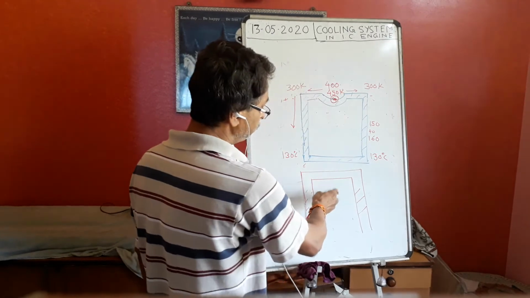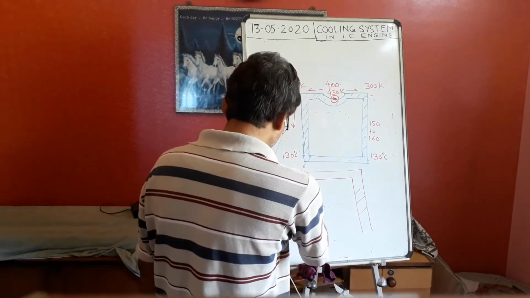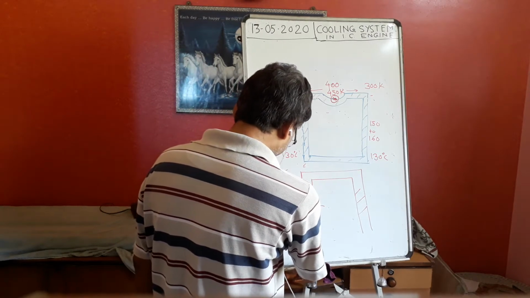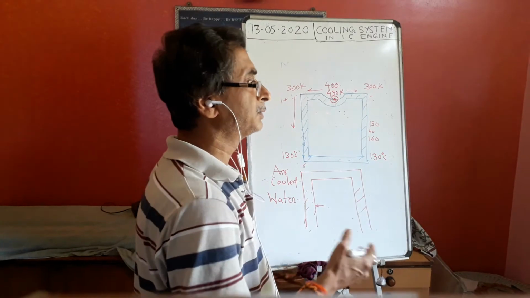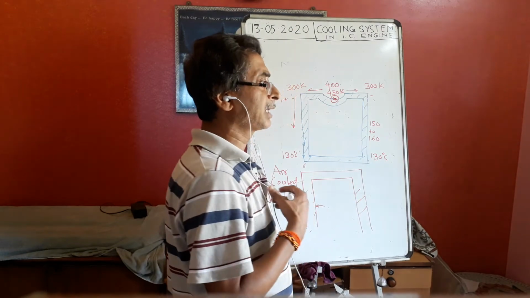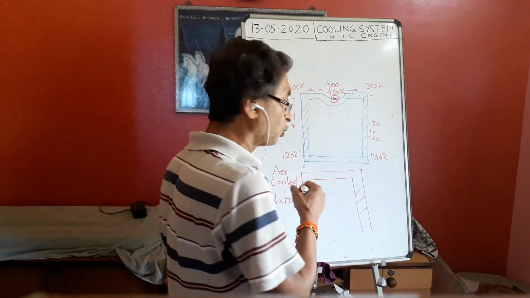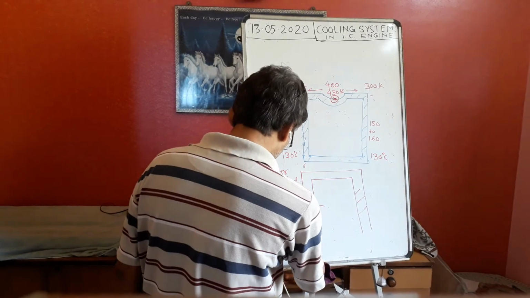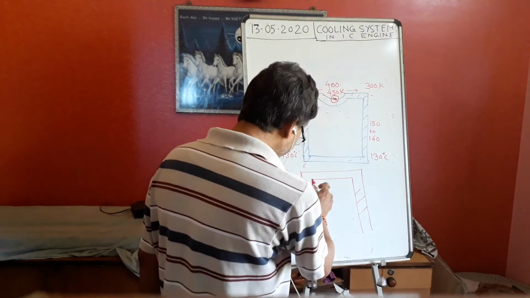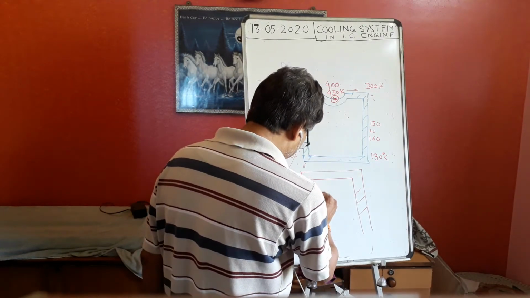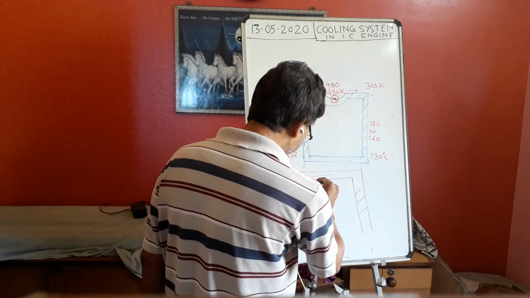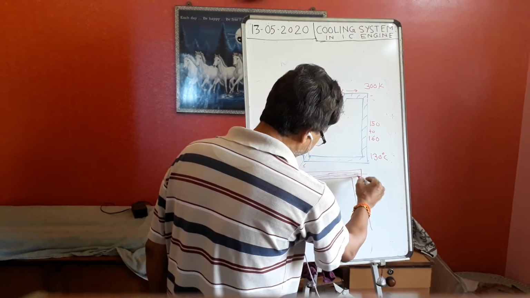The engine can be air cooled, or the engine can be water cooled. We know this in scooters or bikes, which are air cooled, and in our cars, four-wheelers or trucks, everywhere it is water cooled or liquid cooled. Now, how is it liquid cooled? There is some passage, a provision through which water flows. We call it a water jacket inside the cylinder.